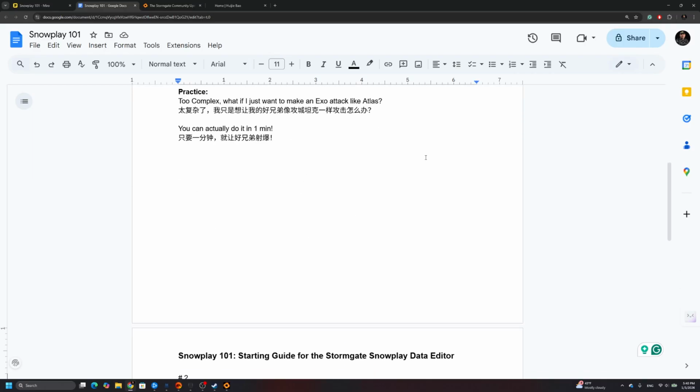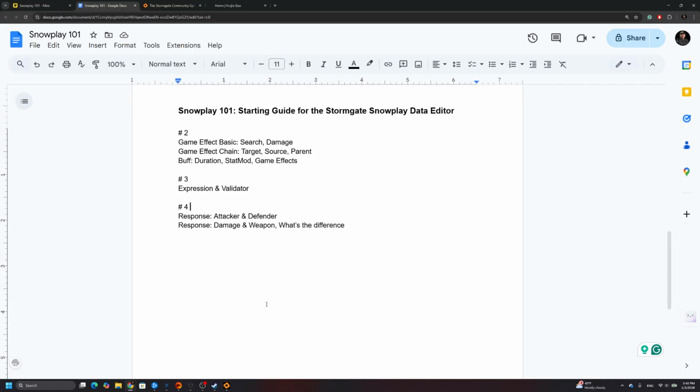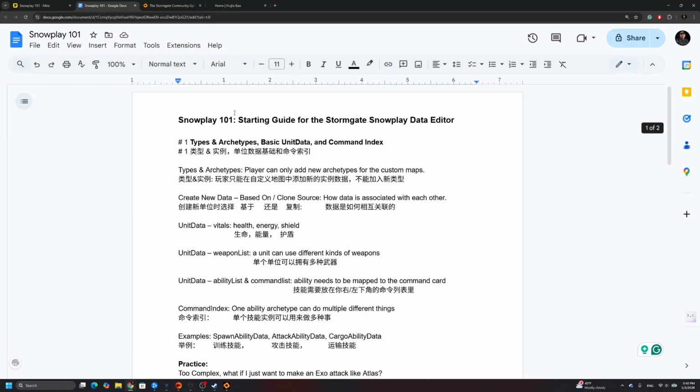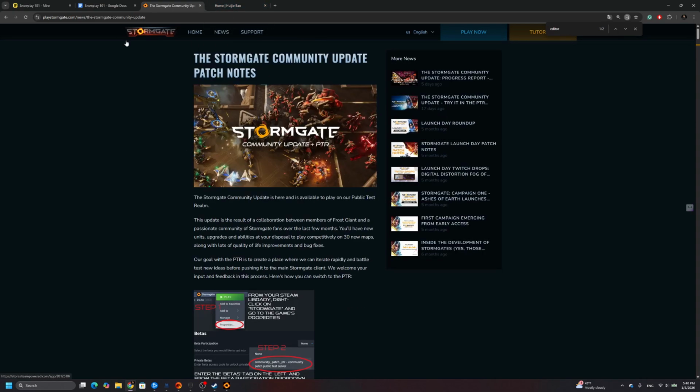And in the future, we might talk about the game effect, string, buff, expression, and validator, and response for the data editor. If you have any interest in creating maps and unit data and abilities in the Stormgate Snowplay editor. So to